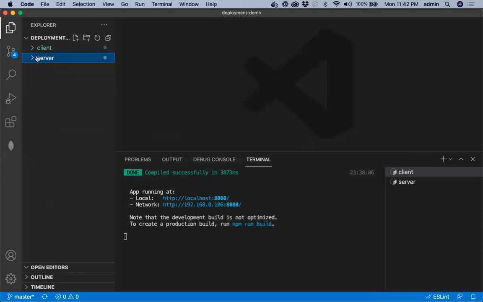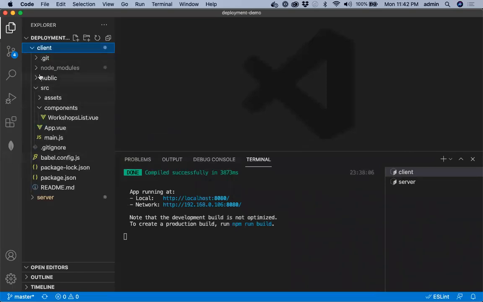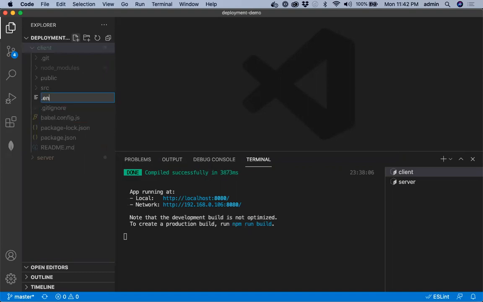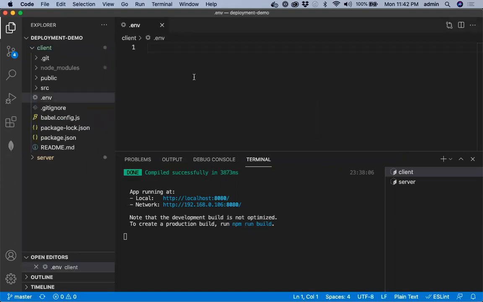So let's see that. In our client app, in our front-end app, we'll add .env files. We'll add for the development environment first, then later on we'll do it for the production environment. So .env, this is for the development environment. We'll set NODE_ENV to development. The .env file will be read when we run npm run serve, that is in development mode. Later on when we build for production, we will see that it will use another file called .env.production.